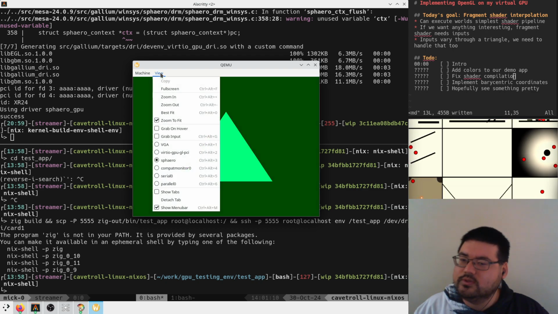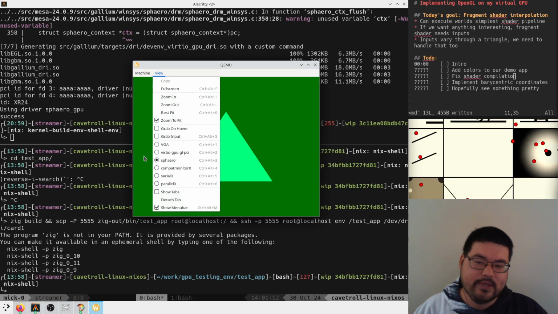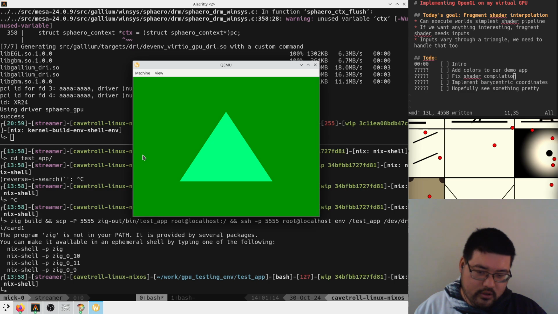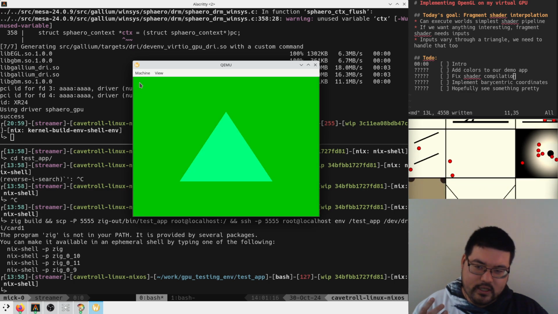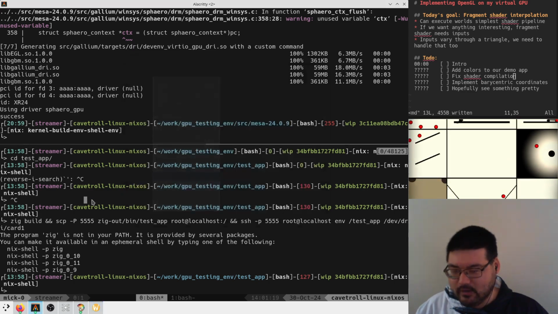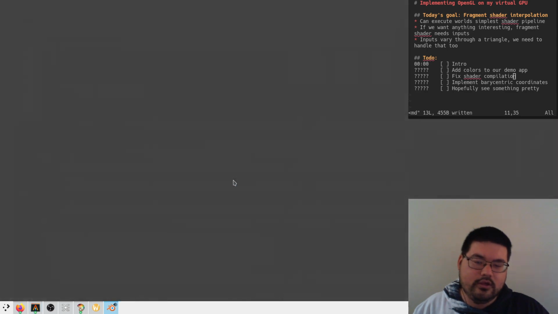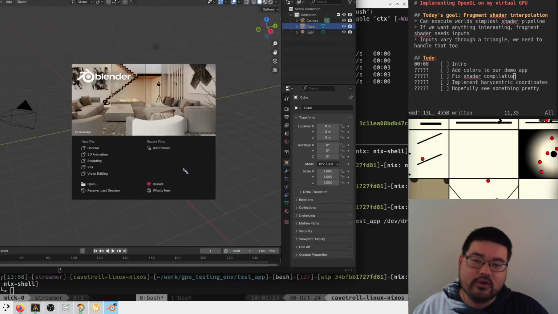it requires the use of shaders. So a shader is basically an arbitrary program that you run on the GPU. And in the typical OpenGL graphics pipeline, you need at the very least a vertex shader and a